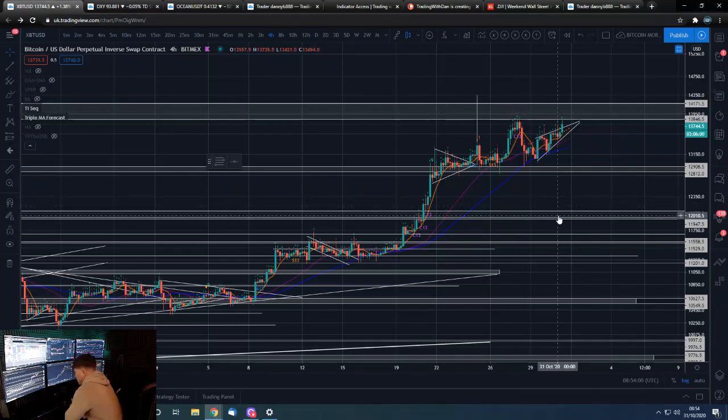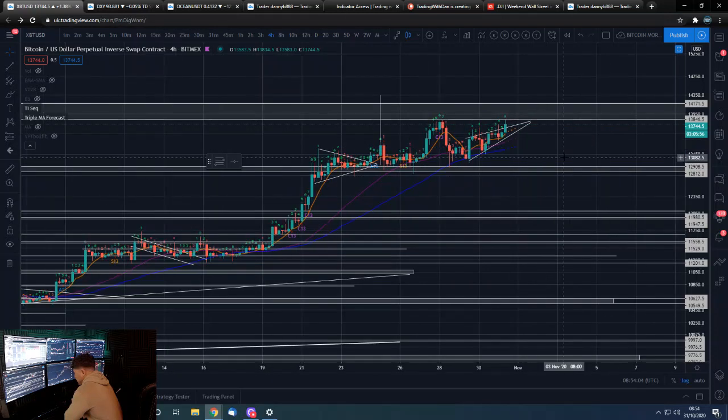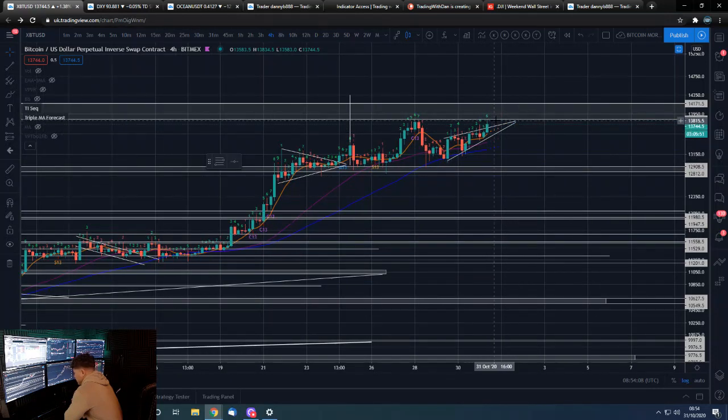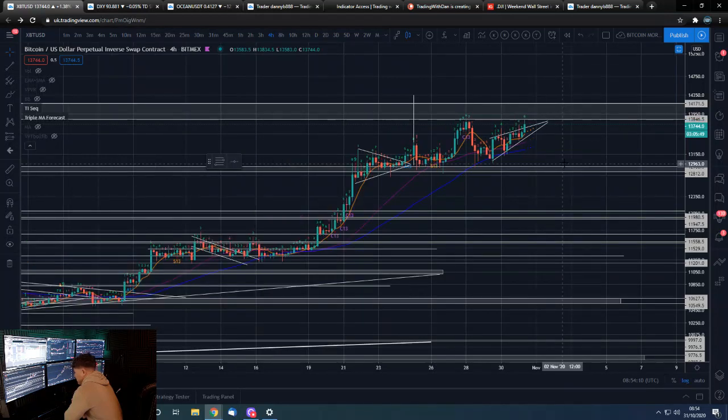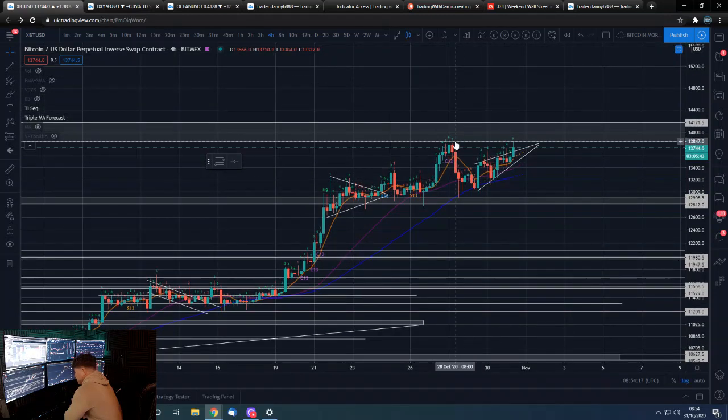So yeah, Bitcoin on the 4 hour, as you can see, we are floating up towards that resistance area. Actually just wicked up to it now, just over 800. So yeah, we are getting to those lofty heights of this previous high and this resistance zone. So obviously you guys know what I said in last night's video about how potentially over the weekend we could take out this high, have a bit of a wick into here, and then potentially work our